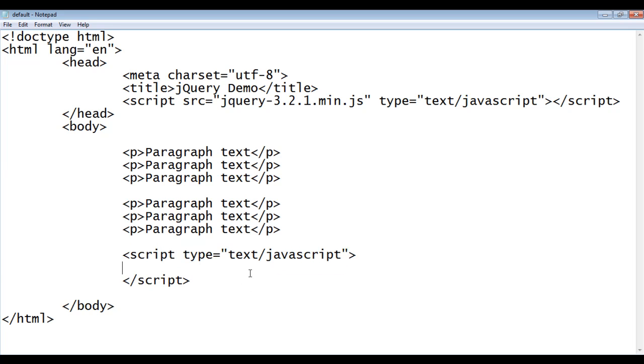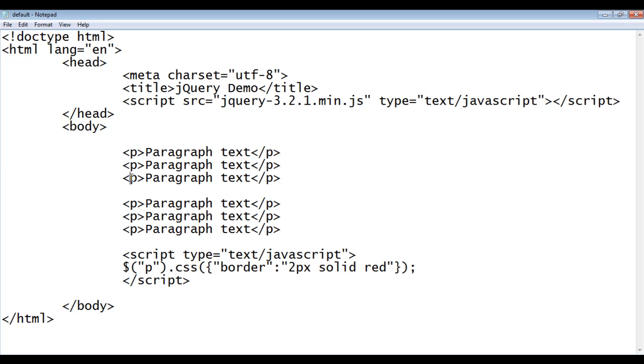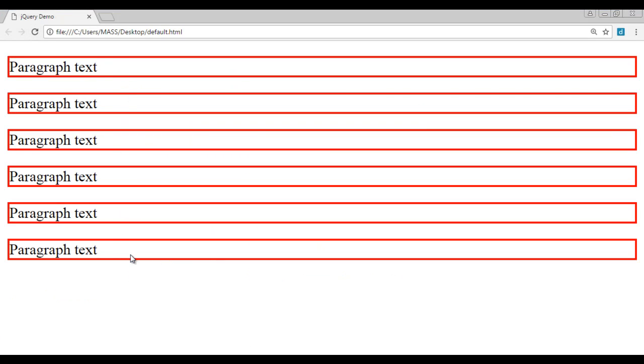Here I tell to the jQuery, hey jQuery, locate any HTML element in this page. If its tag name is set to P, then apply this CSS style. Here in curly brackets, I am going to say double quotation, colon, double quotation. First I pass the style, that is border. I want to apply 2px solid red border. All these 6 elements are having the tag name set to P, so all of them are going to have 2px solid red border now. I say file, save, go to browser and refresh. You can see that all paragraphs are having 2px solid red border set.